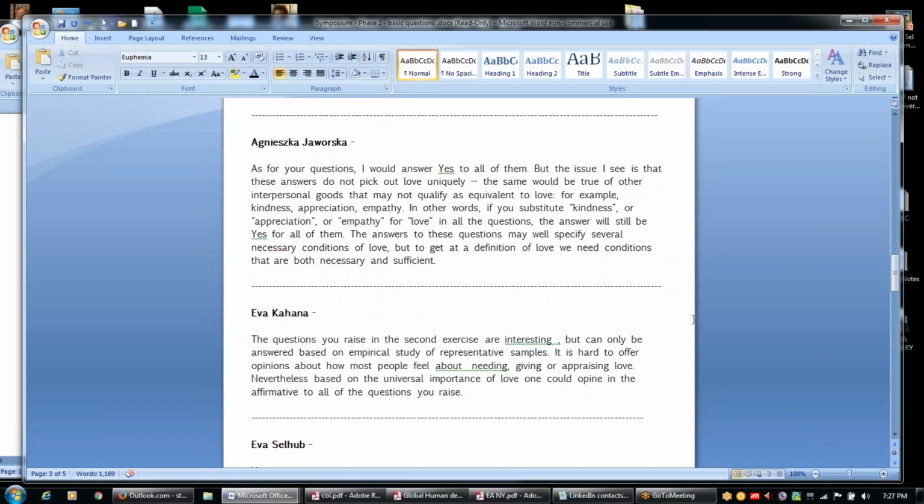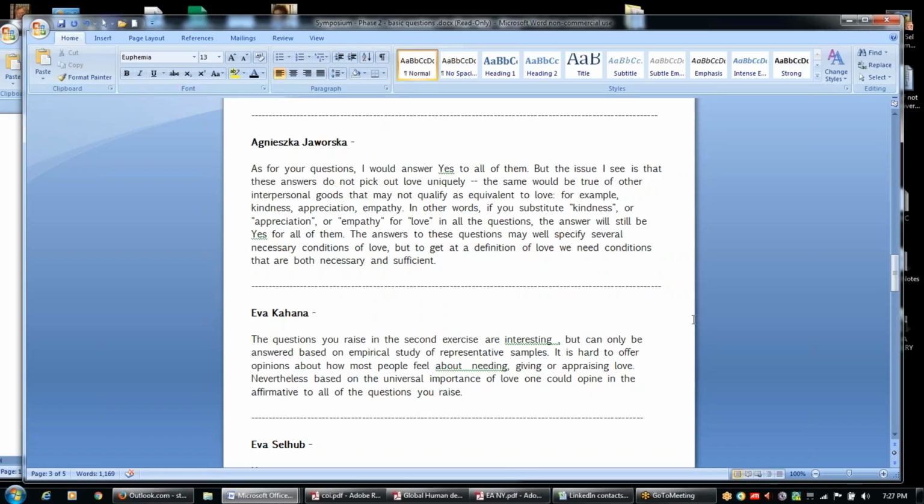Is love an umbrella term like food, or is love a word, and appreciation stands for something different than love, and empathy and compassion? This is something we'll have to talk about because we all know we need food, and it doesn't matter if you call it dairy or meat or grain. Thousands of years ago, we just called it all food if it didn't kill us. And now we have become a lot more sophisticated, but it's still food. So since we're more sophisticated and we have all of these words, do they stand for something different? Or,